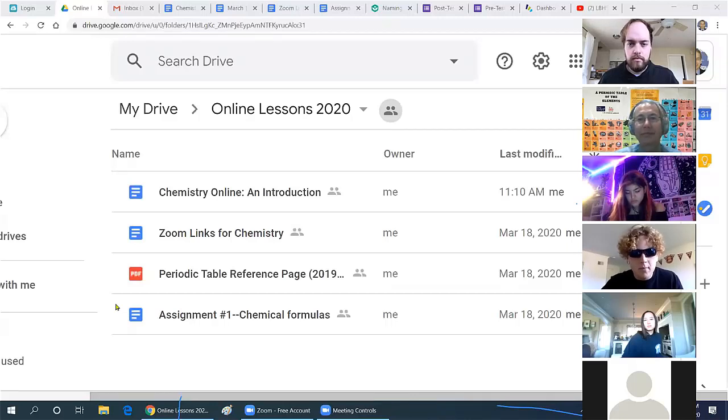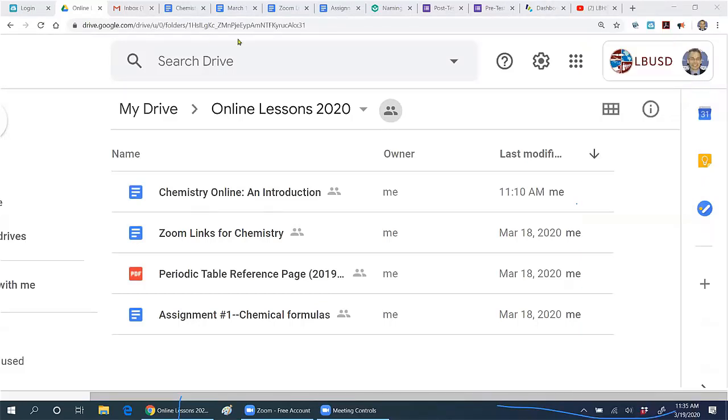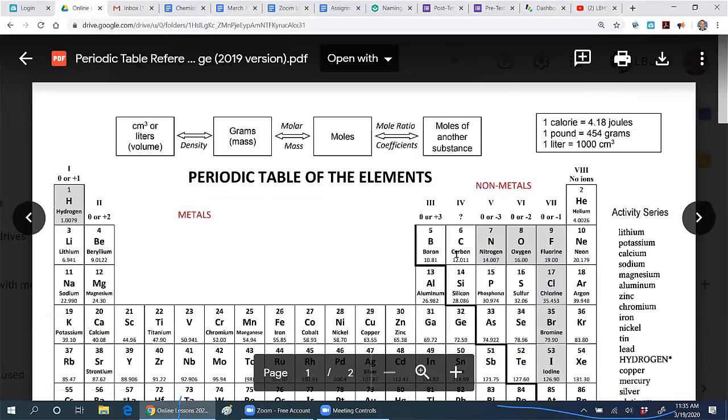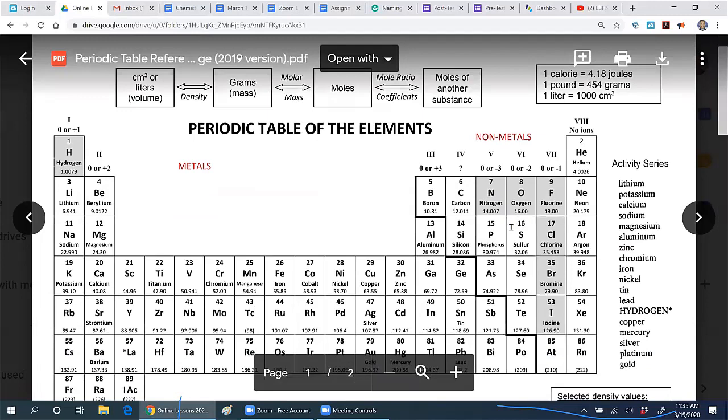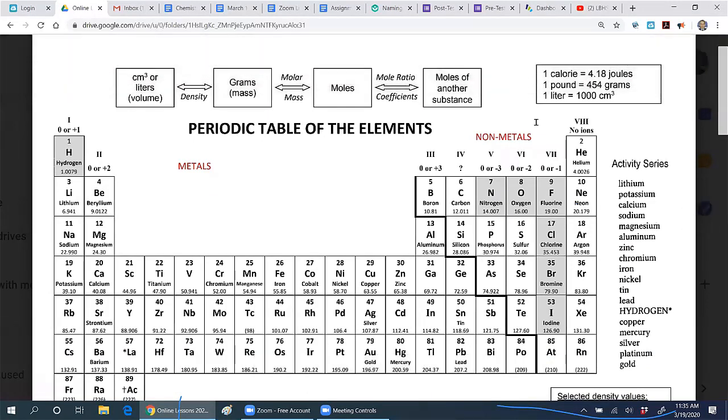I'm going to try again to do what I was doing, and I can't see everything at once. But let me just try to go back to where I was. That's in my Drive periodic table reference page. So you have this reference page in your Google Drive. Phosphorus is here on the periodic table. You have to be able to find it, and then you have to realize that there's information at the top of the column.